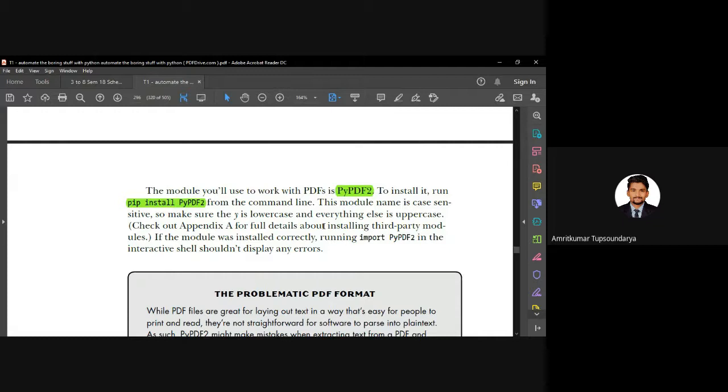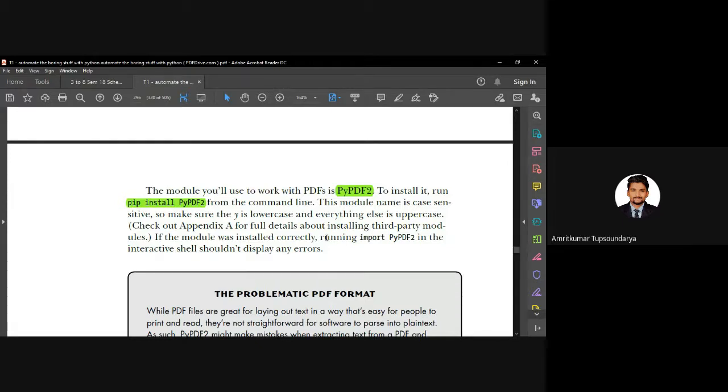The way to install these external third-party modules, we have already discussed. If you have not gone through that lecture, you can go through the Appendix A section of this textbook, and you will get to know how to install external modules, right?